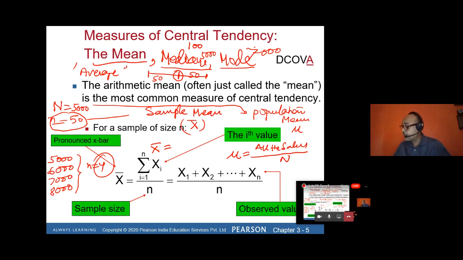And the formula is similar. The formula for sample mean is x bar equals summation xi upon n. And for the population mean, what is the formula? Summation of xi, i equals 1 to capital N. Here you see in the previous one small n is there, here it is capital N. Sum all xi and divide it by capital N. So you will get the population mean. That is the method of calculating the population mean and sample mean. Population mean is called mu and sample mean is called x bar.